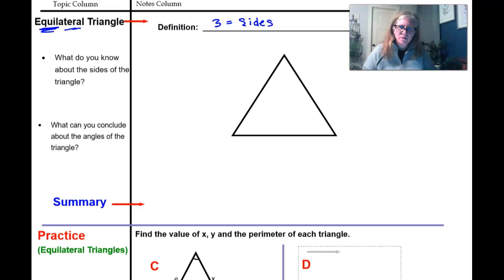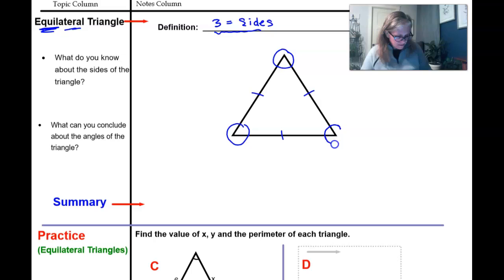And then think about what we know about triangles, that the big angles are opposite of big sides and the small angles are opposite of small sides. And in this case, if we have 3 equal sides on our triangle, and I'm going to mark them all with ticks, that would mean that all 3 angles have to all be the same. So if we have 3 equal sides, then we have to have 3 equal